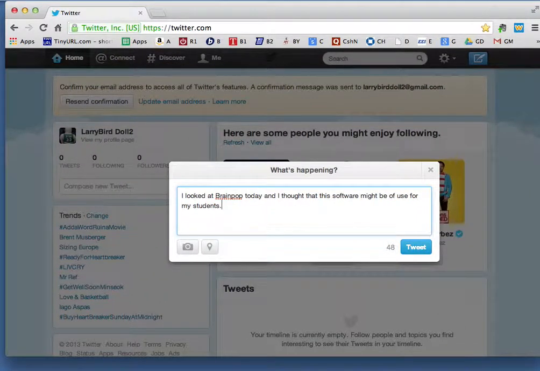When you're doing this typing, as you type more, keep your eye down here on this number. This is how many characters you have left out of 140. 140 is your magic number. The BrainPop software, if you make typos like that, do you see how it has red underlining for spelling mistakes? The BrainPop software